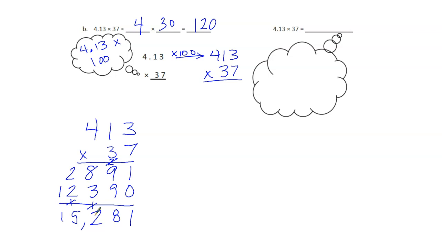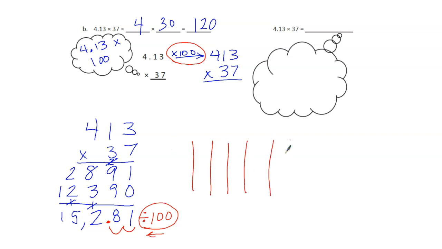So my answer is going to be, remember, to get rid of my decimal, or to make it appear like I got rid of my decimal, I multiplied 4 and 13 hundredths by 100. So now I'll have to divide my final product by 100 to bring my decimal back. All right, we'll bring it back. So remember, lesson 1, module 1, we learned